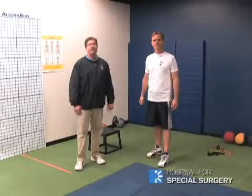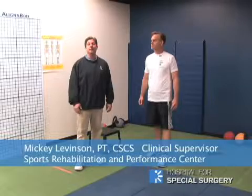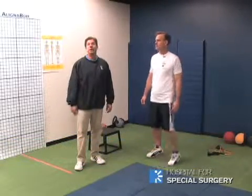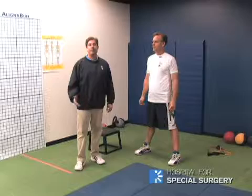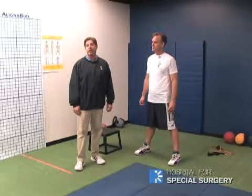We're going to talk about some exercises today that are specific for golf, and these serve the dual purpose of both enhancing your performance, perhaps letting you hit the ball further, but also a key element is injury prevention, which is something that we specialize in here at HSS. One of the things that we look at in golfing, the way we generate power in a golf swing, is